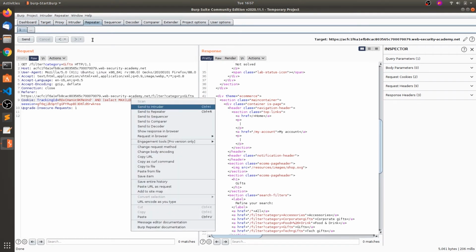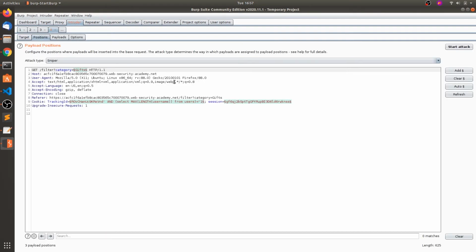Now send to intruder. You need to clear all the placeholders and put the placeholder on 1. We need to check whether this returns 1, 2, 3, 4 and so on. If it returns 10, that means the maximum length of username is 10. Click on add.